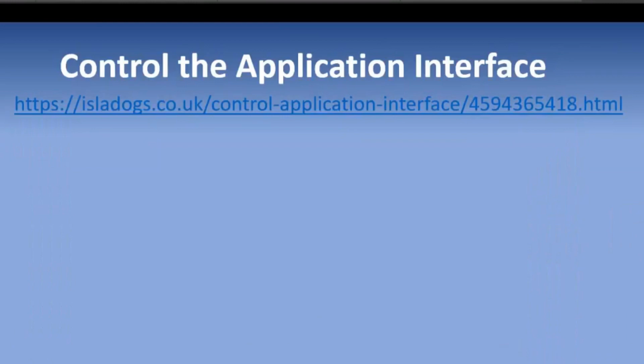If you want to download that, the latest version of this app is on the website. That is the URL for that. I'm sorry it's so lengthy. It's a product of the old website that I had where the page names were set for me, and I'll eventually shorten all of this. Okay, so isladogs.co.uk. It's also on the Mendip Data Systems site. Control-application-interface. Long number there, HTML, or you can just go to the main menu screen and find it from the menu under example applications there.